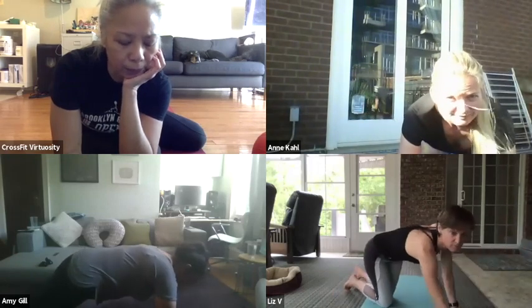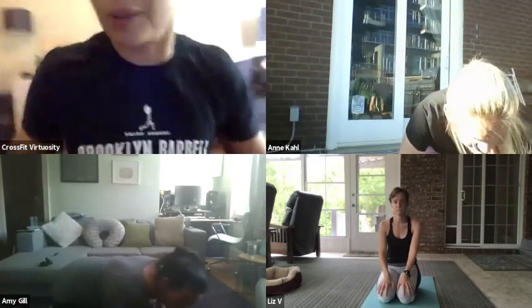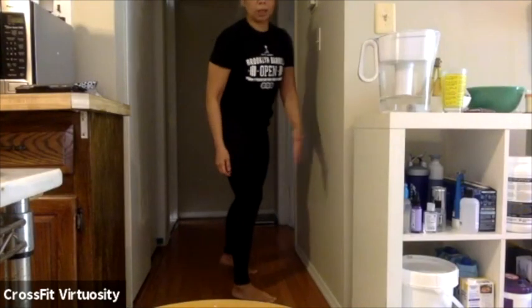Good. So that is the push-up that we're doing today. We're doing 4 sets of 5 of those. Then the reverse plank. Let's go over the wall squat. So I'm going to just move my computer for a sec. So the wall squats, you're going to come